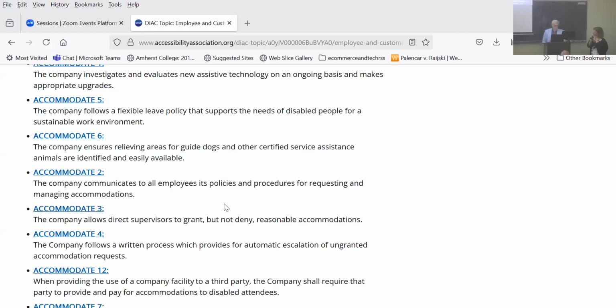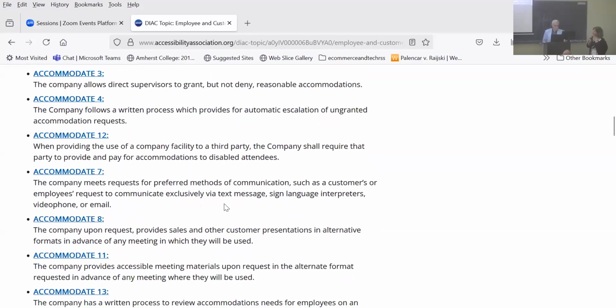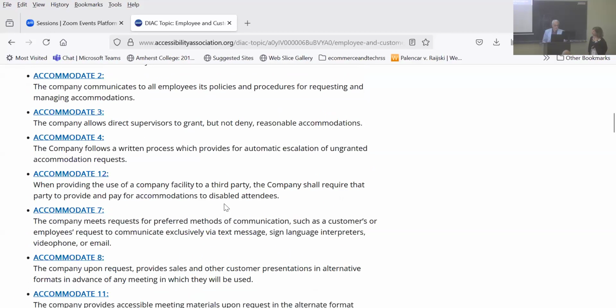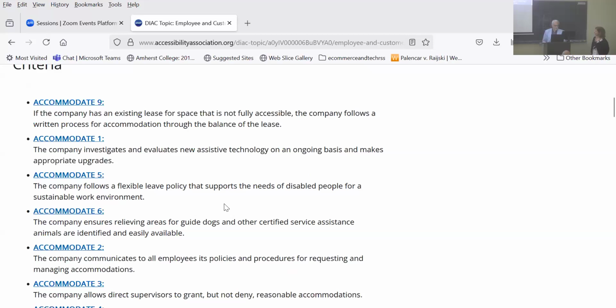I think one of the most important ones here is one that suggests that the budgeting for accommodations is central, not charging the cost of accommodations to a particular business unit, which is something we fought for when we sued Social Security years ago, because you had these ghettos.